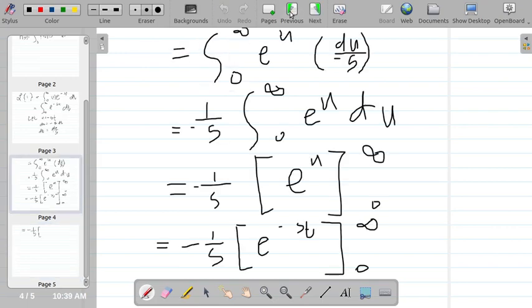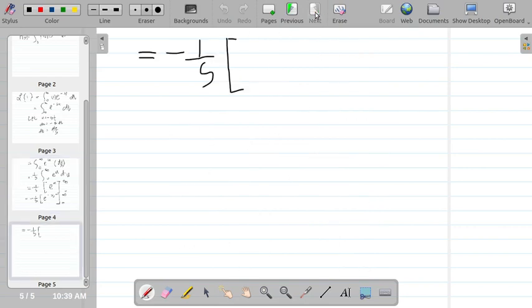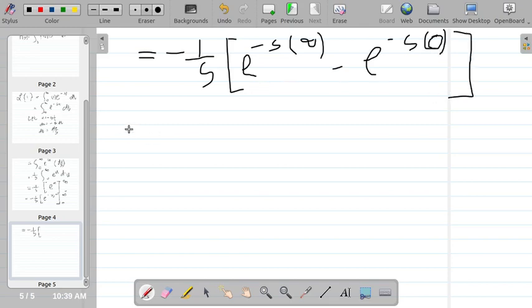We just substitute the values of t as 0 and infinity. So, e to the negative s times infinity, the maximum limit, minus e to the negative s times 0, the minimum limit. So, equals to